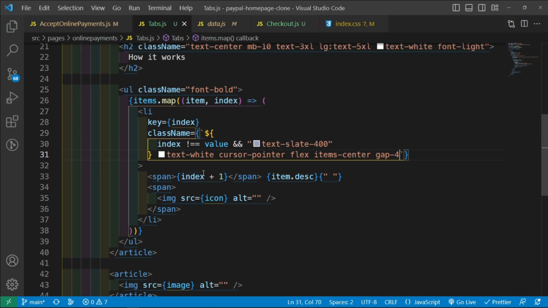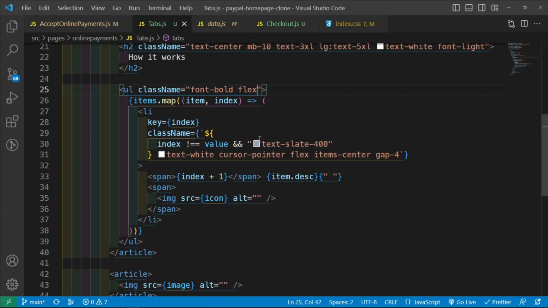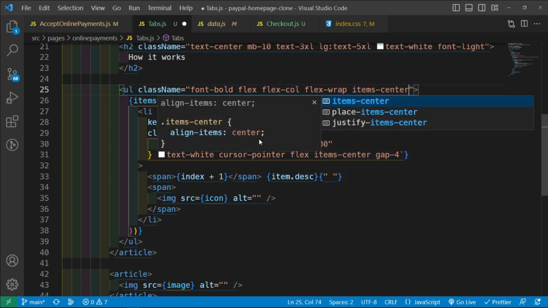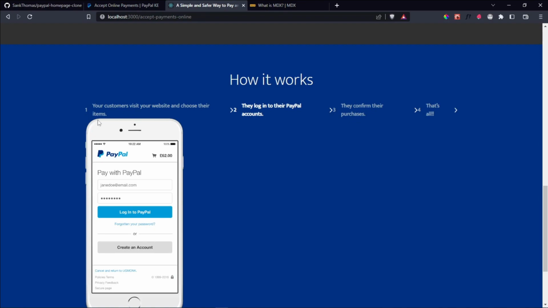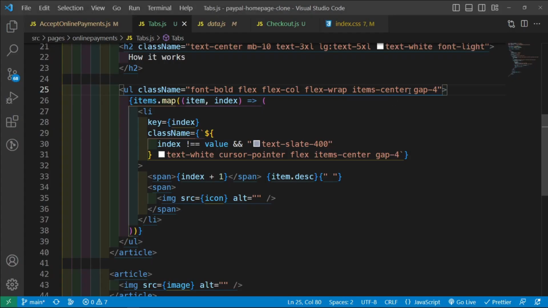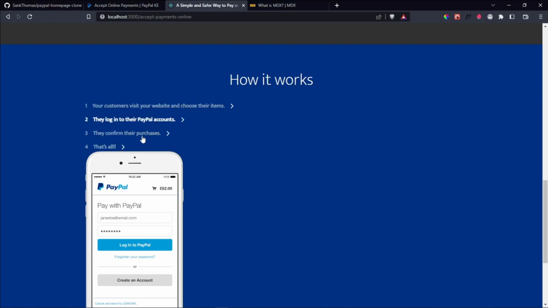Fantastic. And then let's go inside this UL, change this into a flex box because I want to add a gap on the UL as well. Change this to flex column. Let's say flex wrap. Let's say items center. And then let's add a gap of 4 as well to separate it out. Wait, don't add that in items center. Okay,